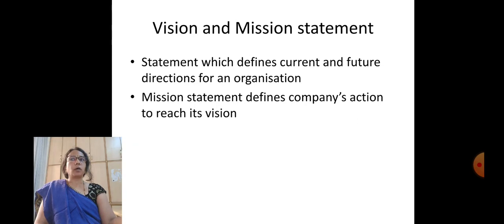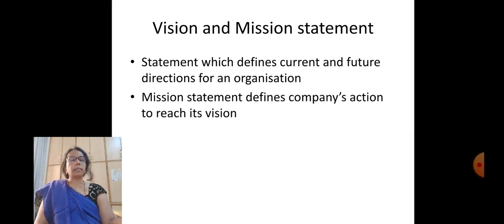A few definitions are: Philip Kotler defines vision as a description of something. Something here can be an organization, corporate culture, business, technology, or an activity. So a description of any of these in the future. The definition itself is comprehensive and states clearly the futuristic position.